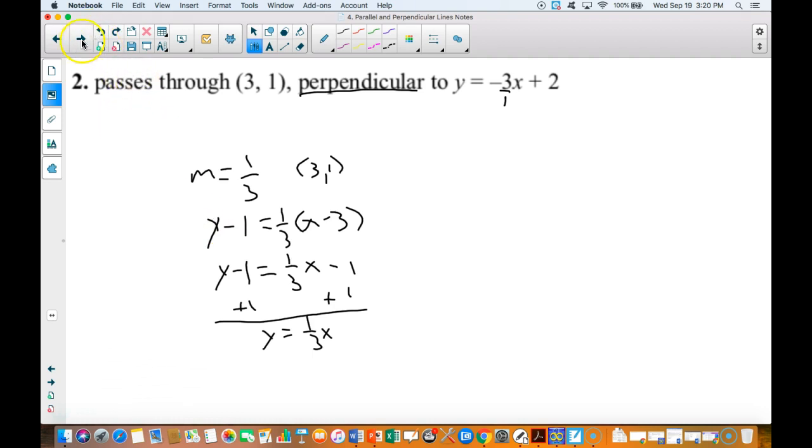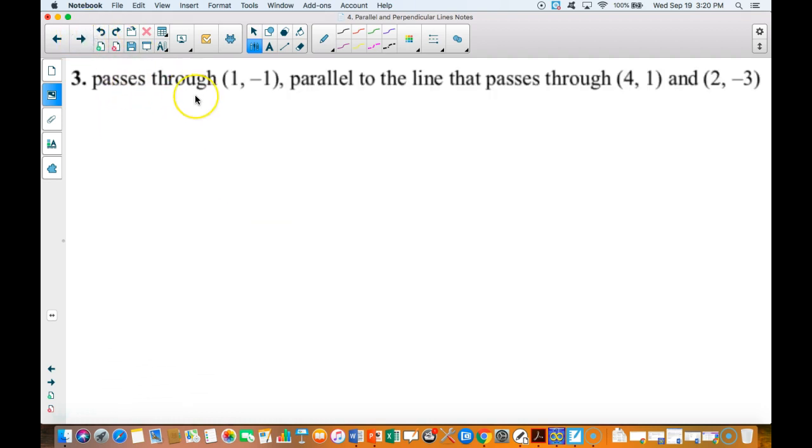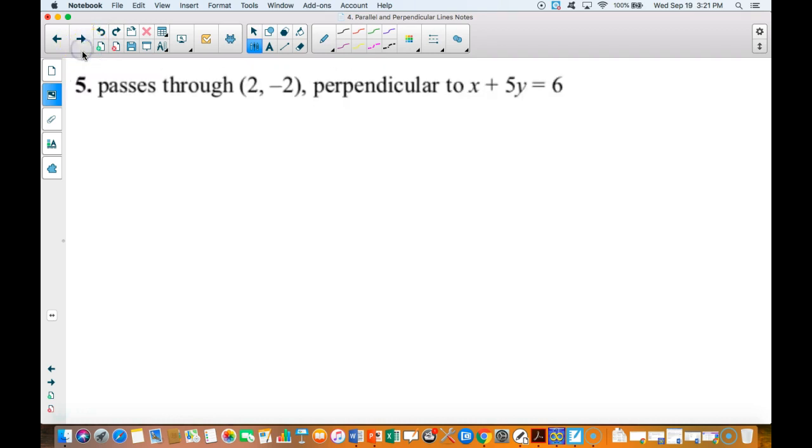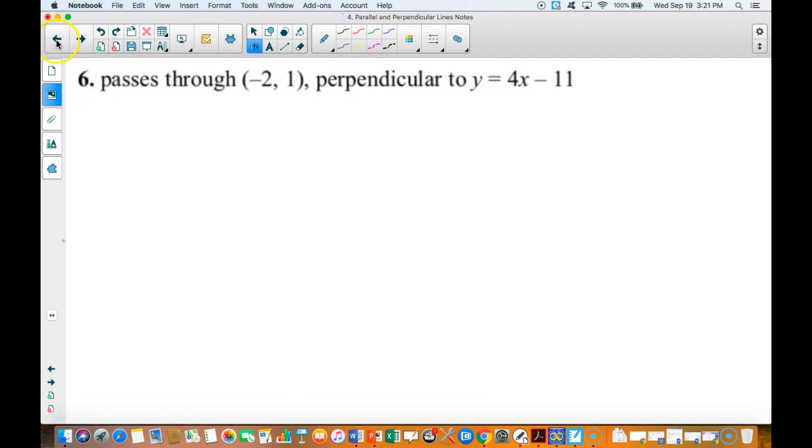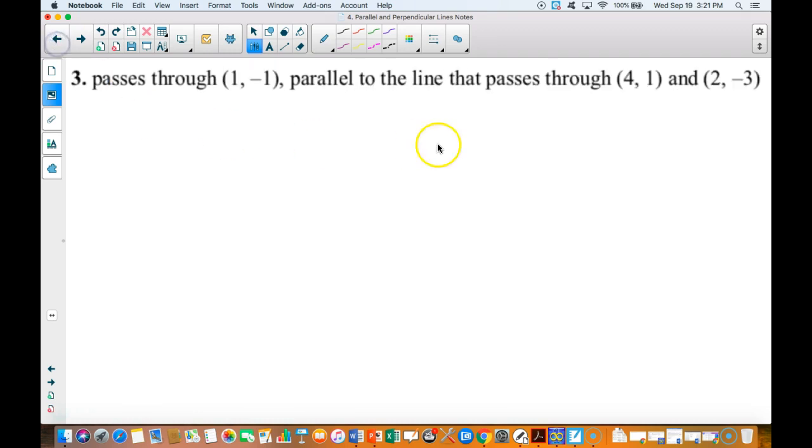All right, so let's take a look at something that might be a little bit different now. On numbers 3, 4, and 5, we've got problems set up slightly differently. So on number 3, we want the equation of a line that goes through this point that is parallel. Parallel tells me same slope,